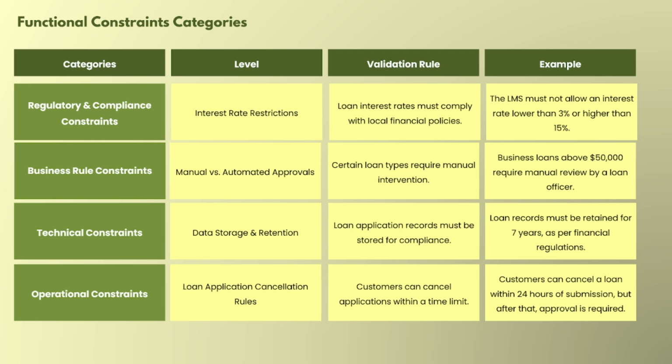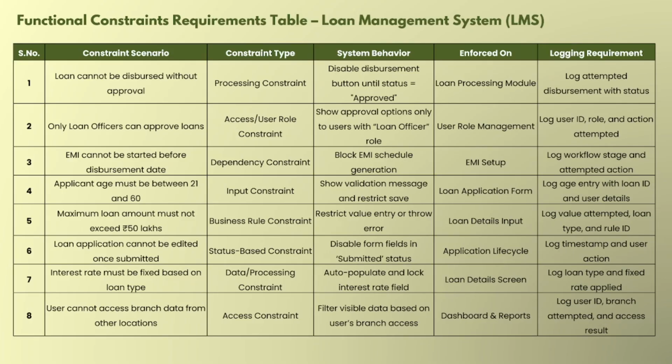After that, there might be some approvals required, though in the approval process the customers are not directly involved, but the customer should have the idea that 24 hours is the limit of loan cancellation. So these are the functional constraint categories I tried to simplify,